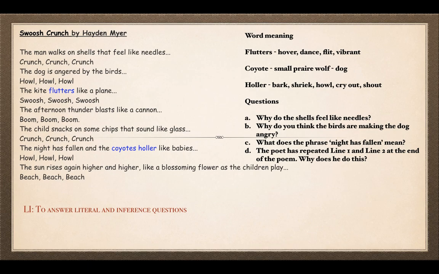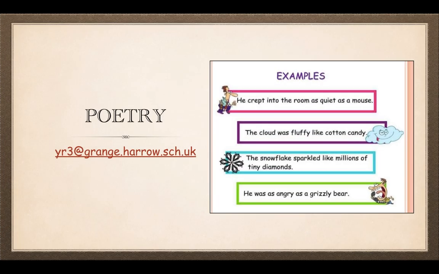D, the poet has repeated line 1 and line 2 at the end of the poem. Why does he do this? So at the end, it had the sun rises again higher and higher, like a blossoming flower as the children play. Beach, beach, beach. Now those two sentences are found at the beginning of the poem. In fact, there's line 2 and 3. So why does the poet repeat those two lines? So remember, the LI is to answer literal and inference questions. And once again,